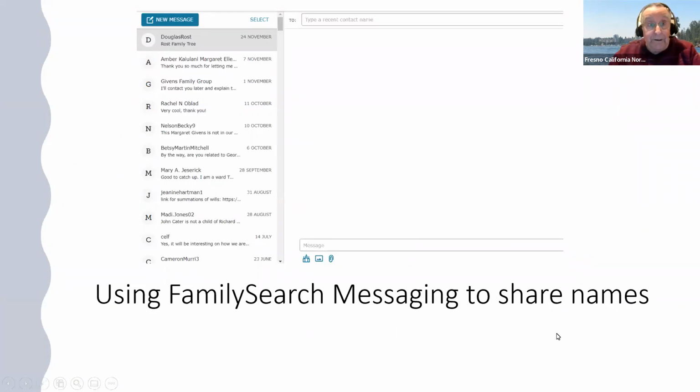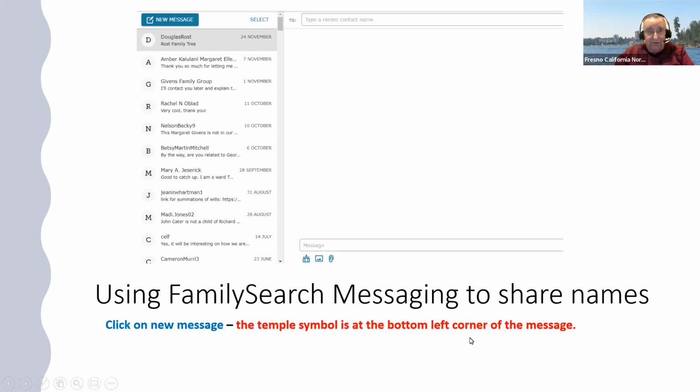There is another way to do it, and this is over in our messaging system. When we're in our messaging system, all we have to do is click new message and name the person we're going to send this message to. And then there's a little temple sign down there.